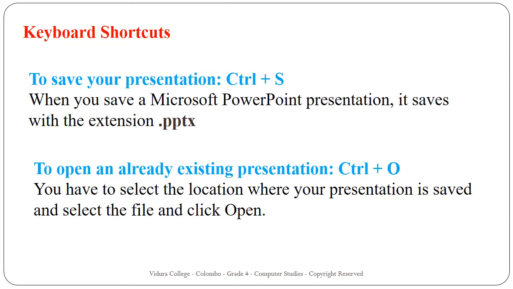First, we will learn two useful keyboard shortcuts. First is Ctrl and S. When you press the Ctrl button and the letter S in the keyboard, you can save the presentation. This way, you don't have to go through the menu to save the presentation. This saves time and makes your work easier. Second is Ctrl and O. When you press the Ctrl button and the letter O in the keyboard, you can open a previously done presentation. This way you don't have to go through the menu.